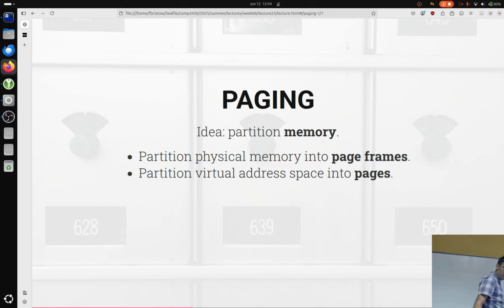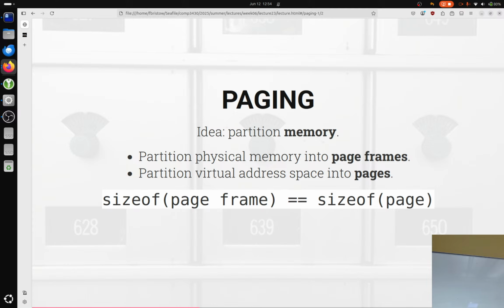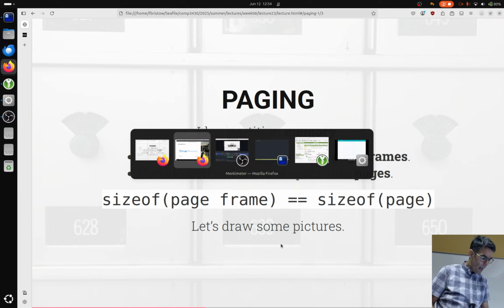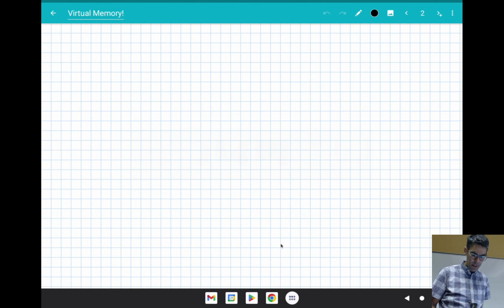Both page frames and pages are equal in size. So the size of a page frame is equal to the size of a page, because effectively what I want to do is have a virtual address space for a process where we're going to allocate pages in that virtual address space, and we're just going to stuff them into page frames in physical memory. Let's draw this idea out. So I'm going to pop over here to my tablet, and what I want to draw here is we've got physical memory over here,